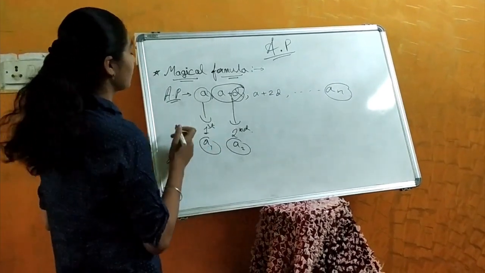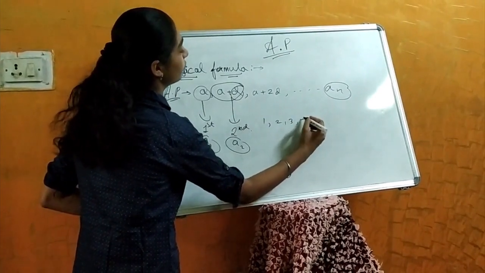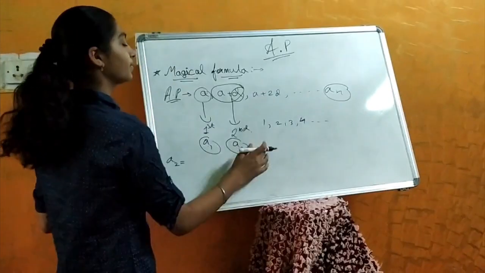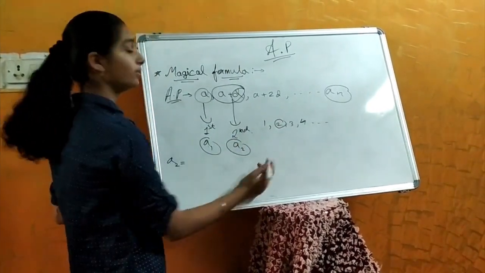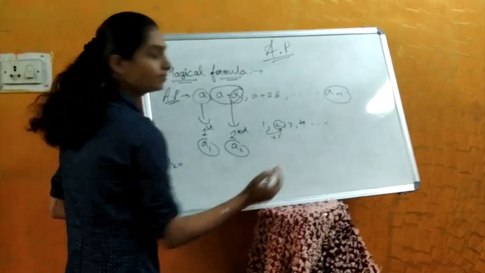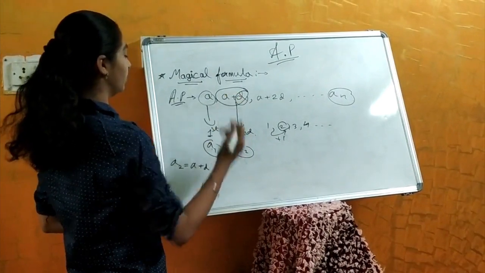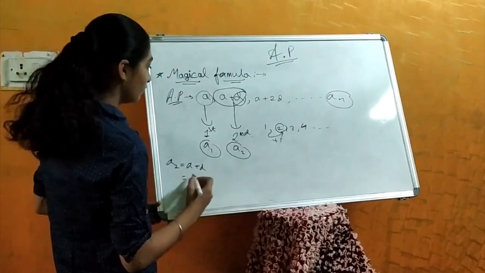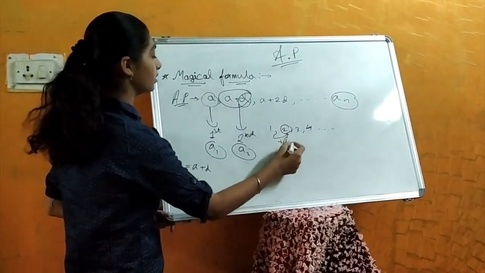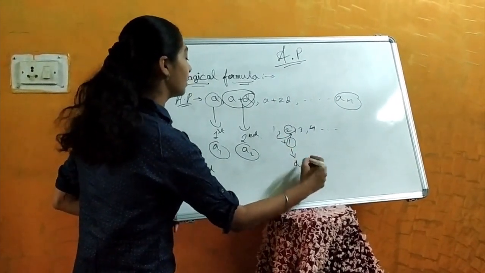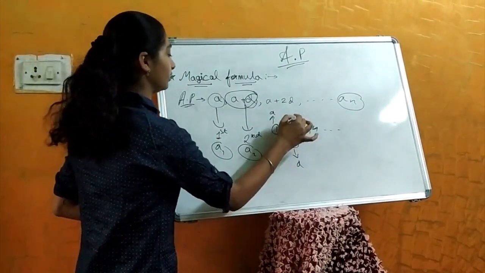Say we have a series, that is 1, 2, 3, 4 and so on. Okay. Now here the second term is what? 2. What is the common difference here? It is plus 1, right? So a plus d is written there as the formula. If we add to the first term 1 the common difference, this is the common difference, okay, and this is the first term, and this is the second term, a2.